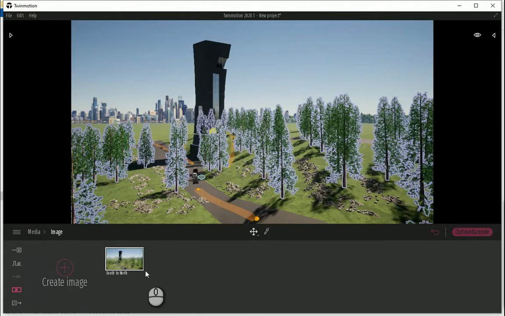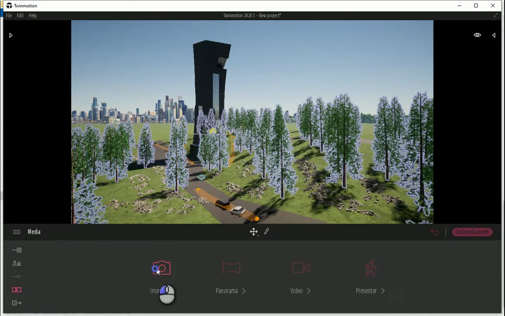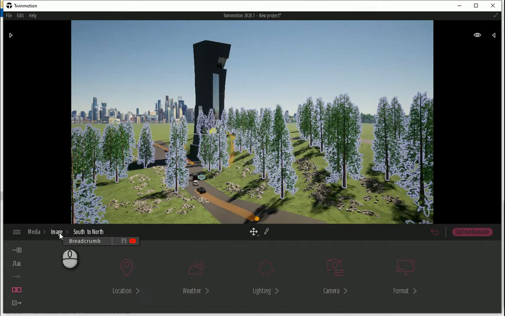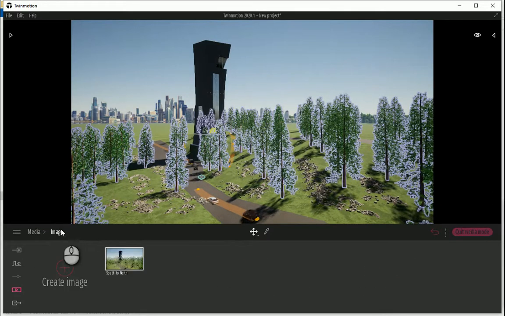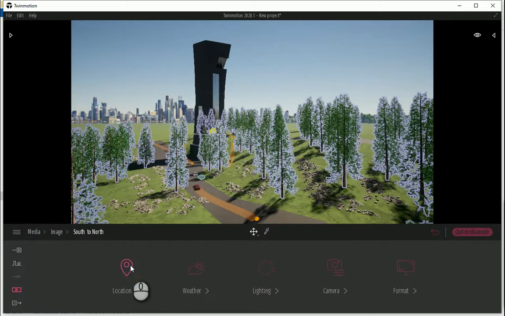Now if you hover your mouse around here, you already noticed those 3 dots over there that you can rename, delete, or duplicate the image. There's also something called more. There are a lot of things under more. Okay, so image, more. You can also switch back and forth between the tabs from here. So media, image, okay, you can go back, then forth, and more.